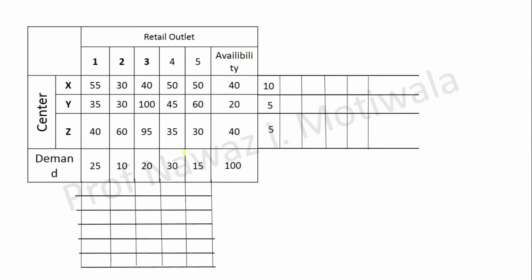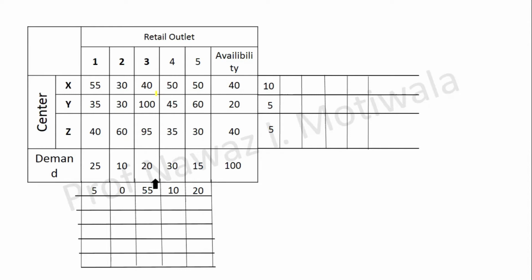Similarly, if I go column-wise, can you tell me the penalties column-wise? 5. Okay, then the next column. 0. 30 and 30, both the minimum numbers are the same, so the penalty will be 0. Then next, 40 and 95, the penalty will be 55. Similarly, we will find the penalties of all the rows and columns. So after finding the penalties, we have to check which is the highest penalty. The highest penalty is obviously 55. That means that particular column will be selected for allocation.